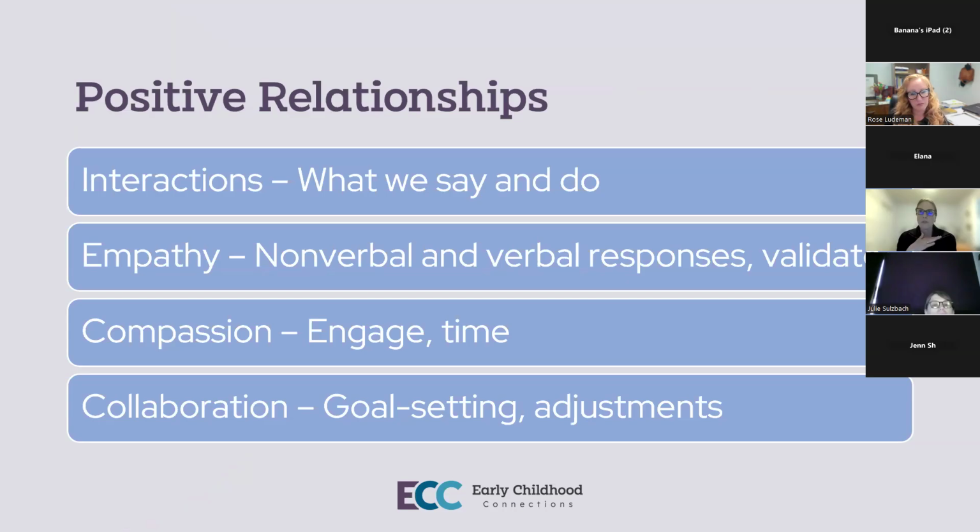We have to ensure that we're creating a safe space for our children so that they can take their risks, that they can feel secure in their learning experience and environment. They have to build up that emotional resilience to take a risk and maybe have a failure, to be able to explore with other children that they don't know, to be able to predict or solve a problem. So positive relationships are really important.